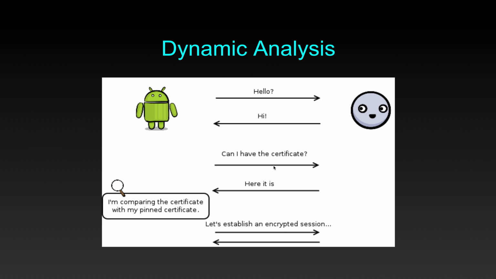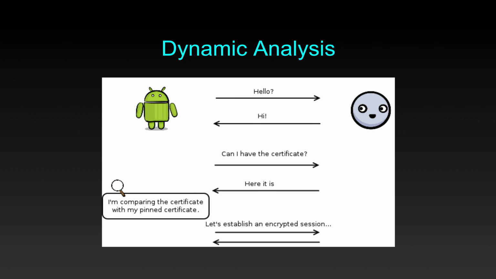At that particular point of time, our Burp root CA is going to provide its certificate, and the Android device is going to compare the certificate with the pinned certificate, which is inside the assets folder in my APK. And when it verifies it, it finally sees that the certificate does not match. And when it sees the certificate does not match, the application is not going to establish any encrypted session. That basically means the application will only throw errors that no internet connection found or something went wrong. The application is not going to run at all.